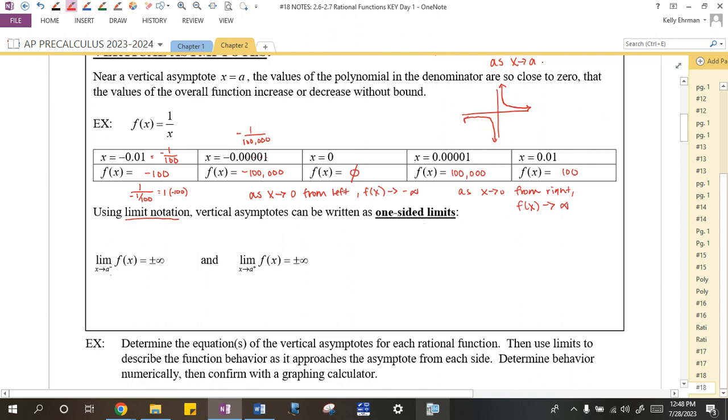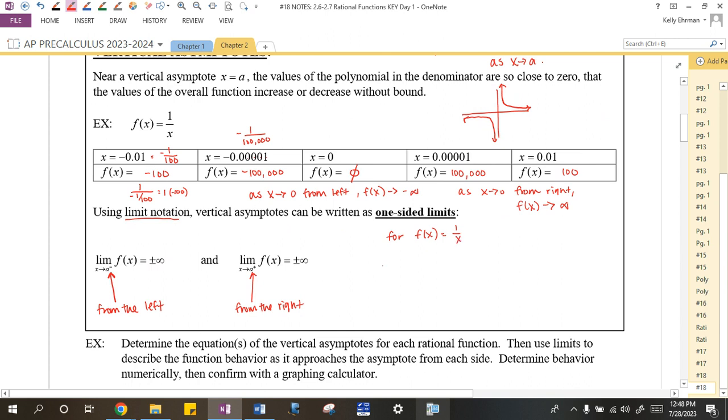The limit as x approaches a, which is the vertical asymptote, that little negative sign means from the left, of f of x could either equal positive or negative infinity. And the limit as x approaches a, that little plus sign means from the right, of f of x could equal positive or negative infinity. So for this example,